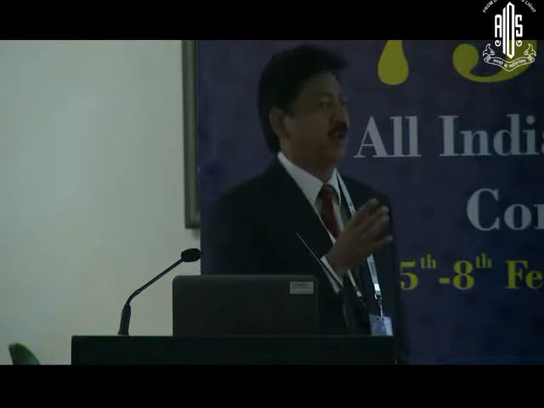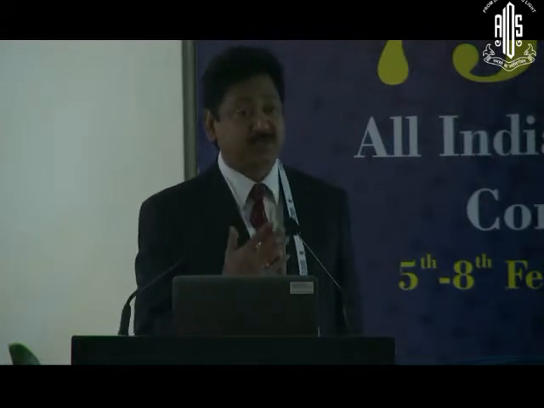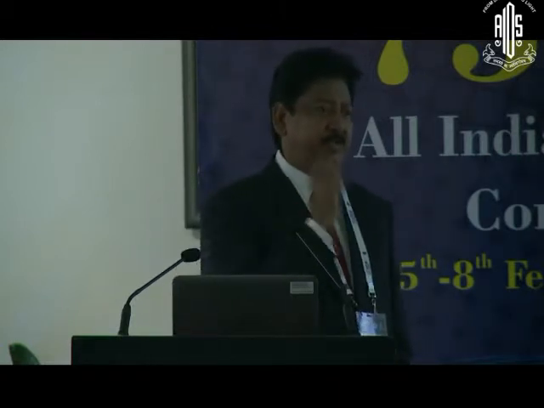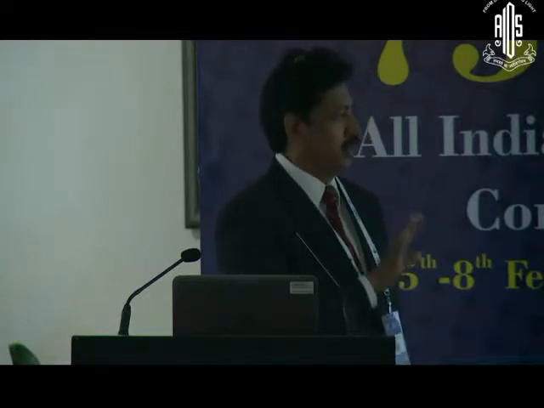Now, how do you suspect that the toric IOL has rotated within the eye? There has to be something that hits your mind. Oh my God, I hope this is not a case where this lens has rotated in the eye. So, an unexpected residual astigmatism, you suddenly come up with an astigmatism of 1.25. You might think, oh my God, is it in the right position? Is there something wrong there? When you do a refraction, you find that the patient is accepting a cylinder and he is seeing 6/6. That means your surgery is okay, your macula is okay, everything is fine. Only there is something wrong with the alignment or your calculation.